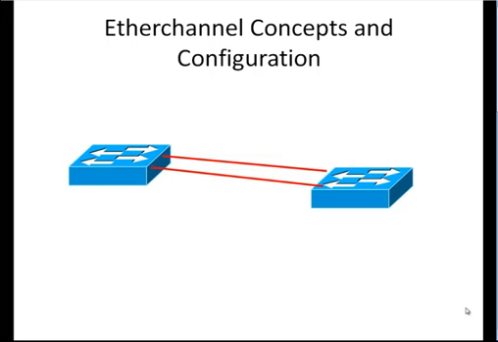What it means is that I'm gonna be able maybe to do what we call load balancing. Like if I have 2 PCs on this side, if they send information on this side up here, they may be using different links, and that way I'm going to be able to load balance between the links through the algorithm of Etherchannel. But a lot of people think once you bundle those 2 links, you will have, like, if I have